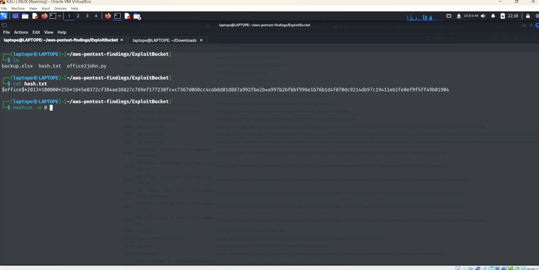The kind of attack is word list, for 0. Then the module, enter 9600. Then what's the name of the file we want to hash? We want to crack the password, the name of the hash rather. So that's our hash.txt. So this is our hash here. And now we